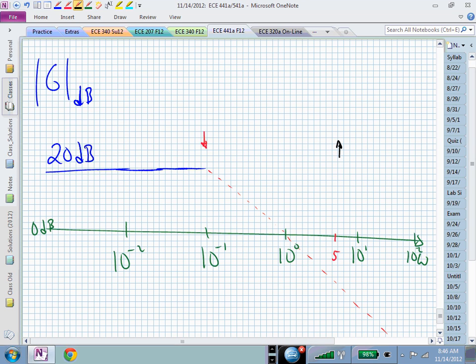We were going down at 20 dB per decade, so that continues. But when we reach 5, then the minus 20 dB per decade gets canceled by the plus 20 dB per decade of that 0. So now we're going level until we reach our next break frequency,